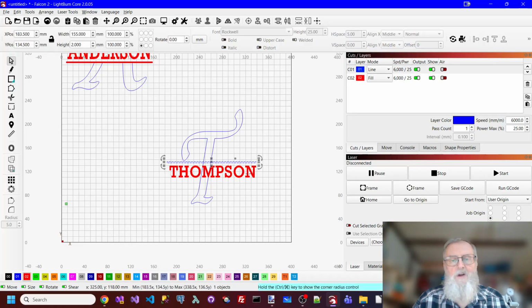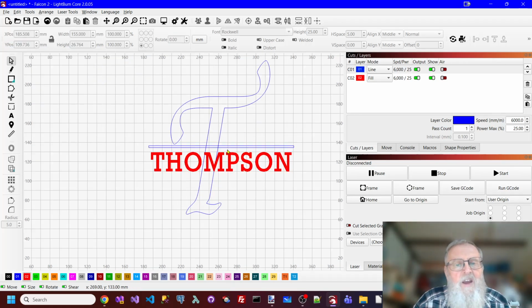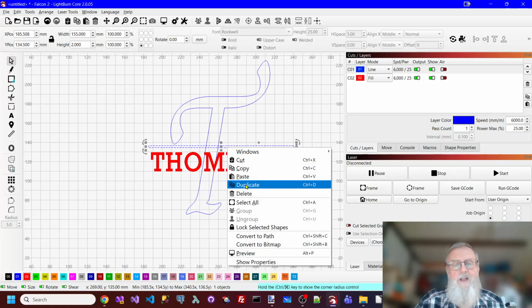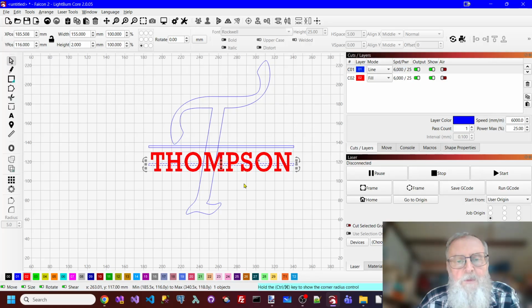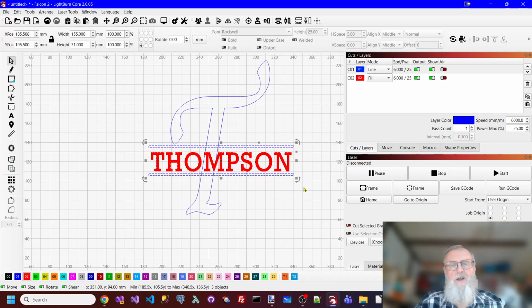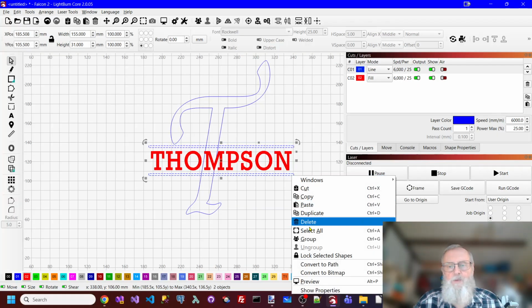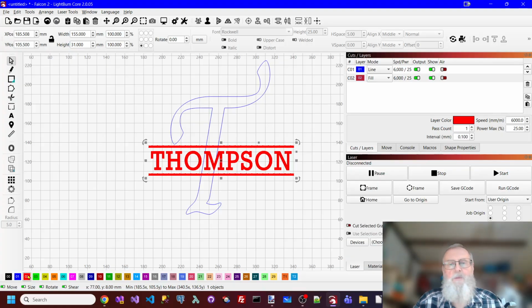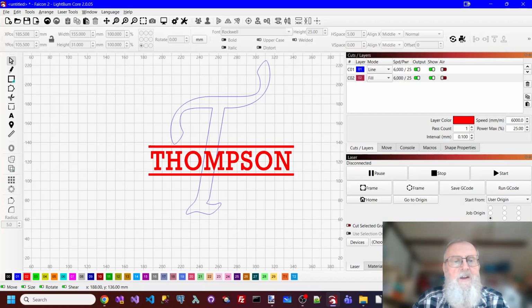So I got to take my bar, center it on my name vertically, and I want to duplicate that again, and move my duplicate down, and I want to do my vertical alignment. That's pretty good. I want to take that. I want to move them together, put them on my red layer, and then that is 155 by 31,